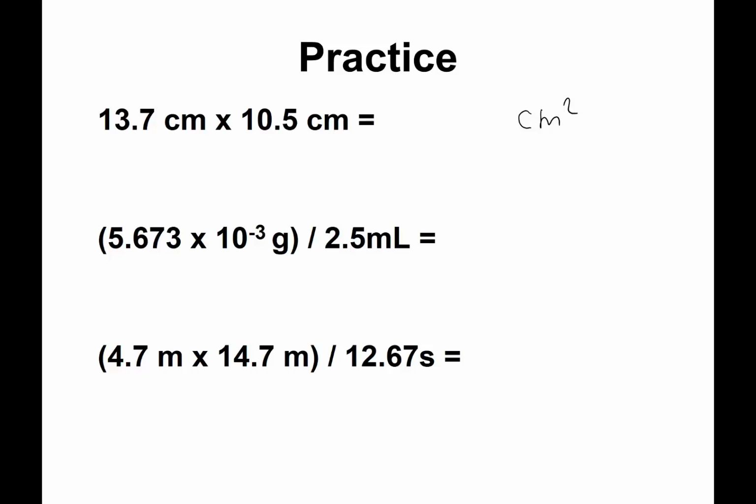But when you put this into the calculator, you get 143.85. Now that's five significant figures, so we're going to have to take 2 out, okay, and round up to 144, right? So the final answer is 144 centimeters squared. The next one is 6.373 times 10 to the negative 3, so we have 1, 2, 3,